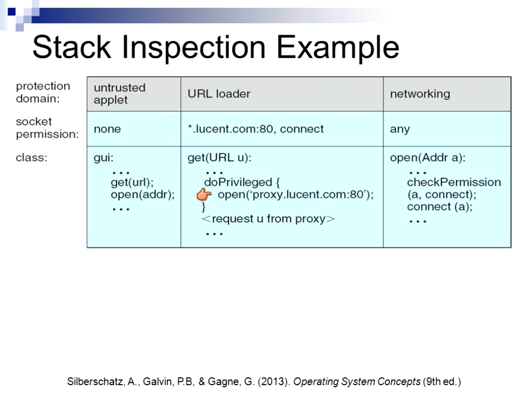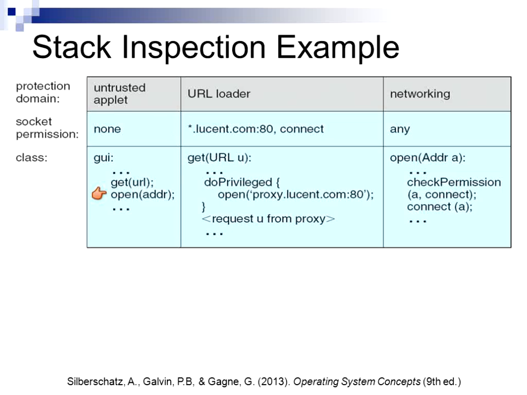Okay, when it does the open, it actually goes to the networking software. It can do anything with sockets. So it can open a specific socket and check to make sure that it can make a connection. So it's doing that checking when it does the open. Okay, so down at this level, it's checking up the stack to say, okay, whoever's doing this open, do they have the permission to do this? Okay, so the open checks to see that the URL loader that called it has the permissions to connect to